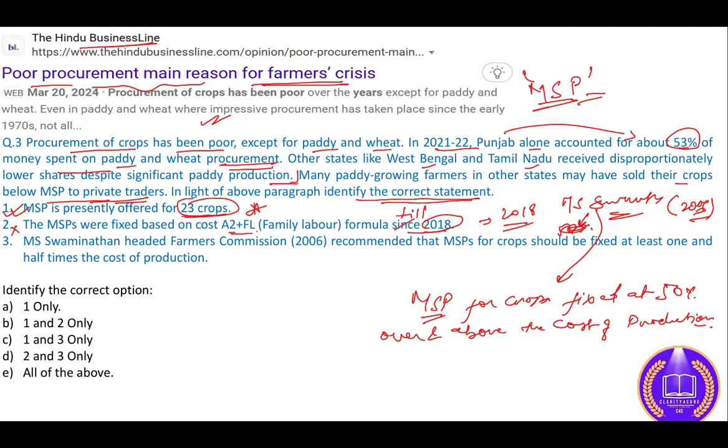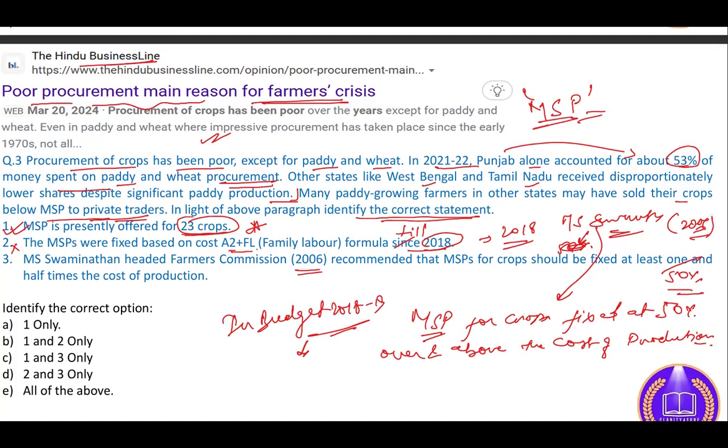The third statement: MS Swaminathan headed the Farmers Commission in 2006 and recommended that the MSP for crops should be fixed at least 1.5 times the cost of production. No, it is 50%. Okay, and in the budget, remember this point, in the budget 2018-19, the central